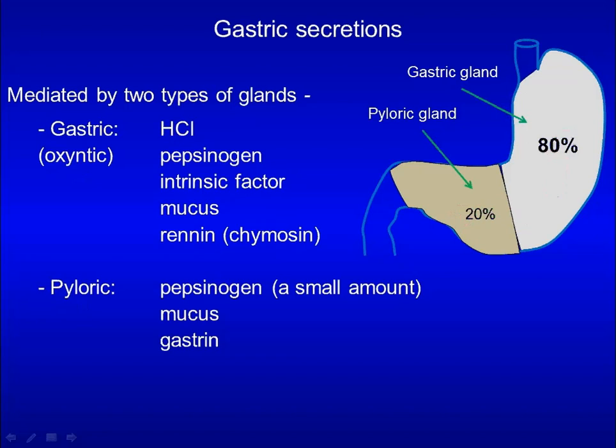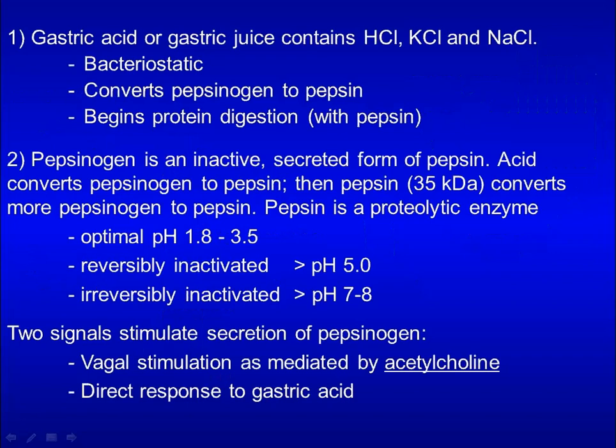Oxyntic glands secrete hydrochloride, pepsinogen, intrinsic factor, mucus, and renin. Pyloric glands secrete a small amount of pepsinogen, mucus, and gastrin. Gastrin controls gastric secretion here. Gastric acid or stomach acid contains hydrochloride, potassium chloride, and sodium chloride. It is